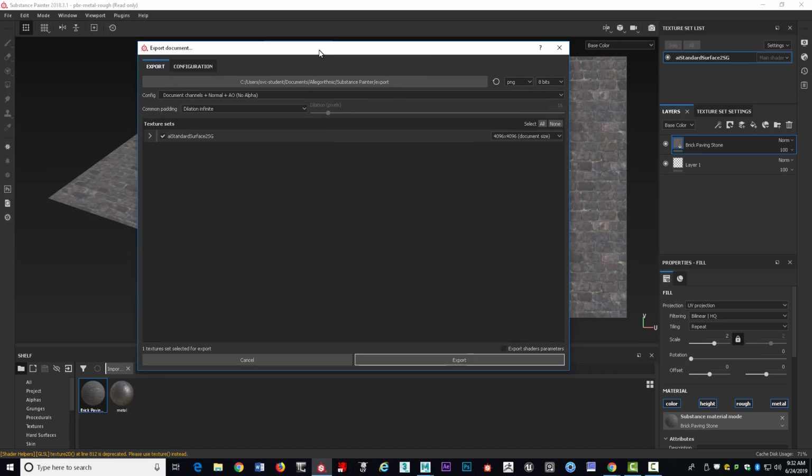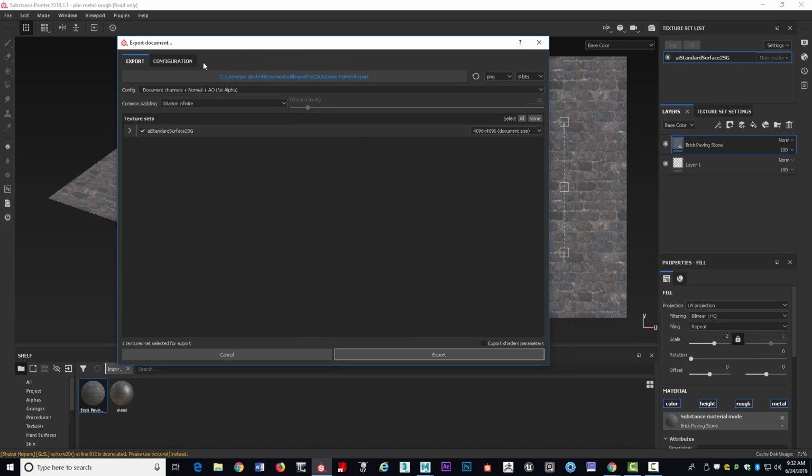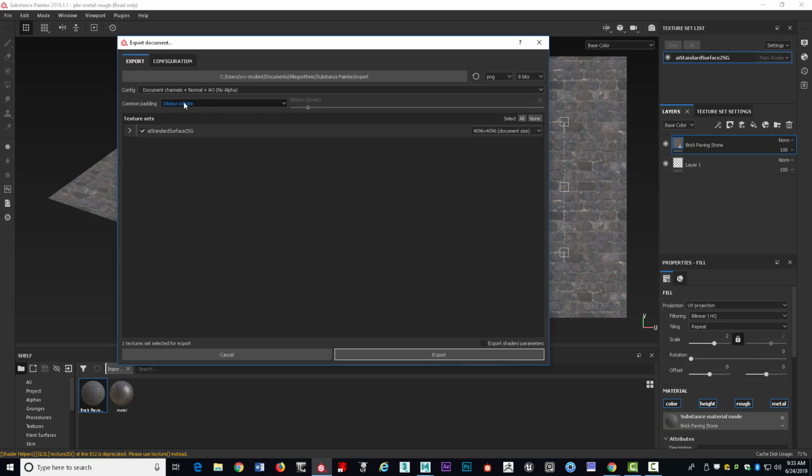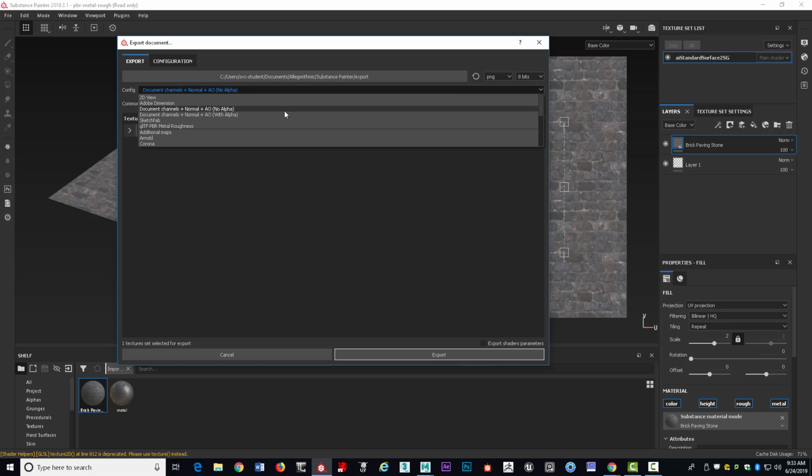In Export Textures, we want to tell it what the configuration is going to be. So let's click on Configuration first. We've got 8 bits, 4096, and we need it to be PBR metal rough. We're going to use our middle mouse button to slide around. And I want PBR metal